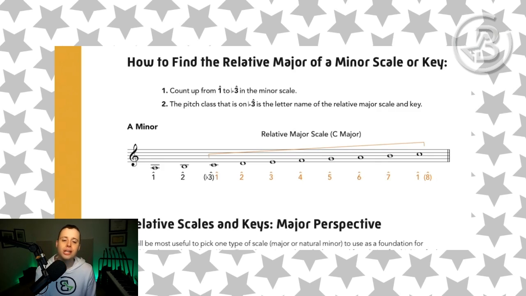C, D, E, F, G, A, B, C, and sure enough, right there, we have the C major scale. Now, this is a useful way of finding relative majors of natural minor scales. However, I think it's going to be most useful for you to think about finding the relative minor from the